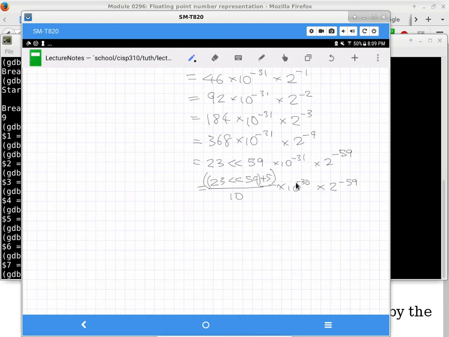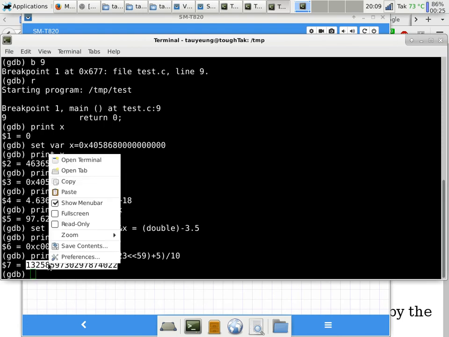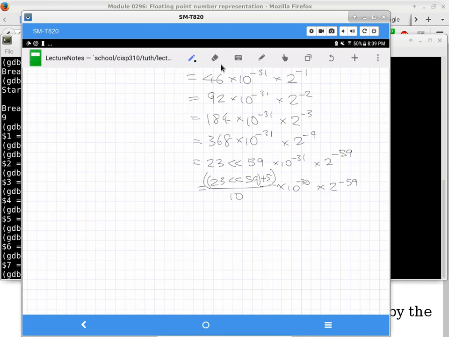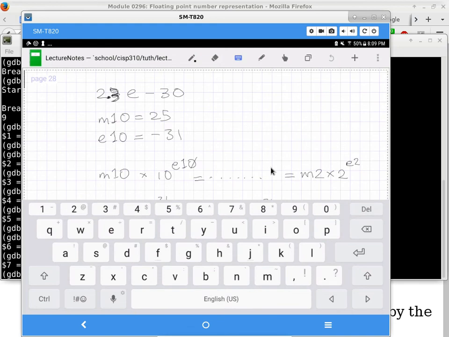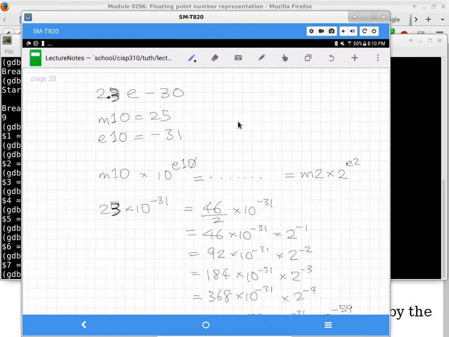So let me see if I can do this. Let me see if I can copy and paste this number into the tablet. So copy. And then the paste is going to be tricky because I need to know whether it can let me type something. Looks like I can type something, because that looks like a keyboard to me. But where do I? Oh, there we go. Oh, but it's not on the same device. Okay, so that is not going to work. Okay, turn off the keyboard then. Go back to the pencil tool.